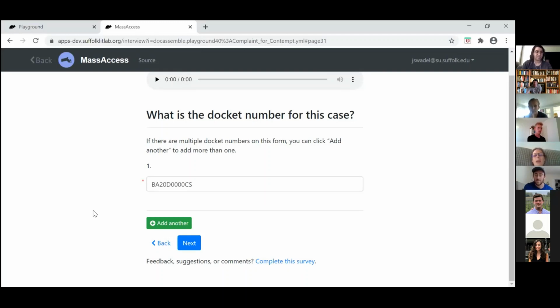So maybe the thing is, instead of "add another," we should just say list all the docket numbers, just have an open text box for docket numbers. But the problem is, if you've got a character limit for that field, what do you do if there are more docket numbers than can actually squish onto the enlarged space on the PDF? Because you definitely don't want an addendum just for docket numbers. Even if it isn't contempt, right? So what do you think we should do about that?